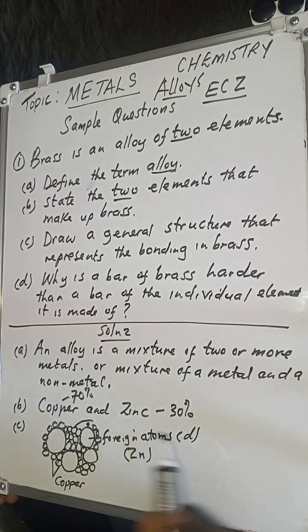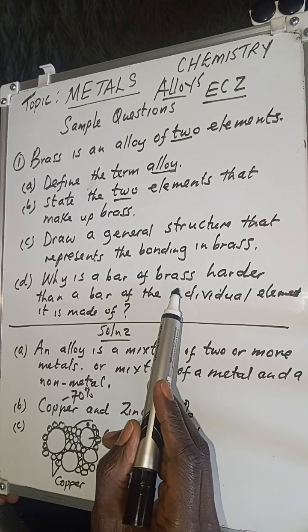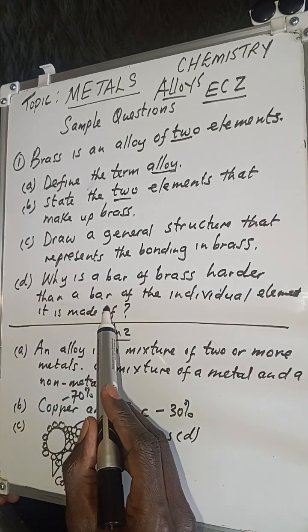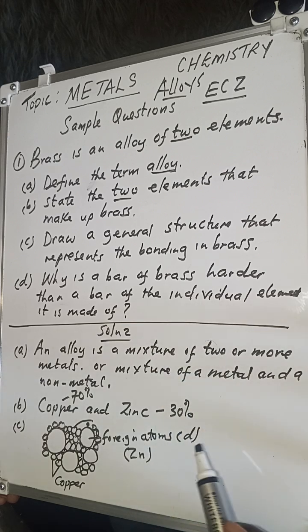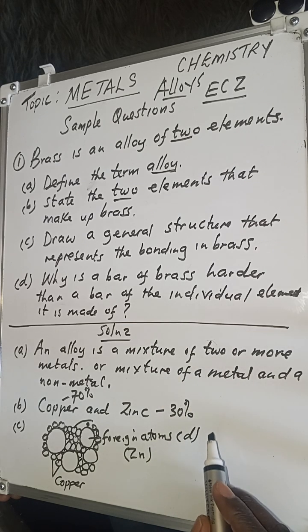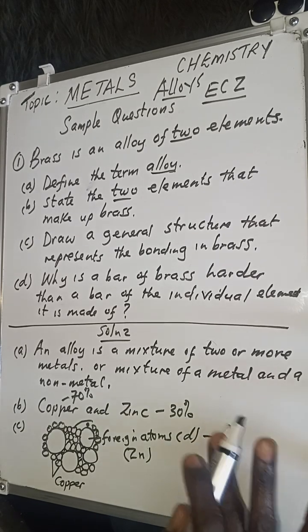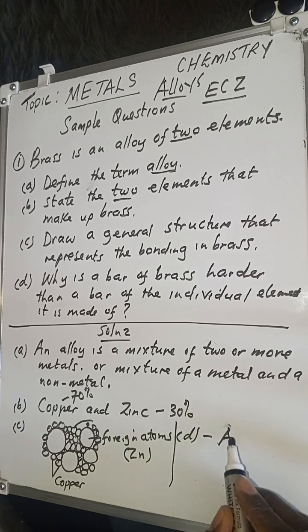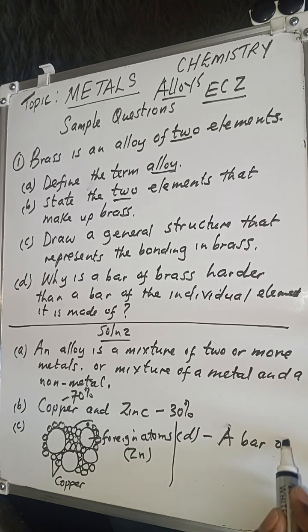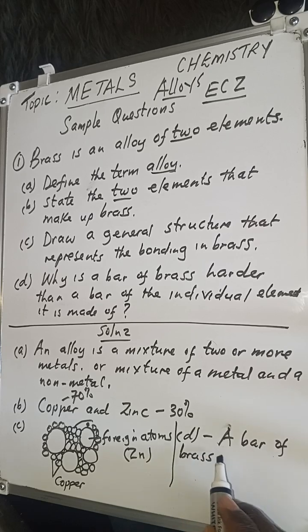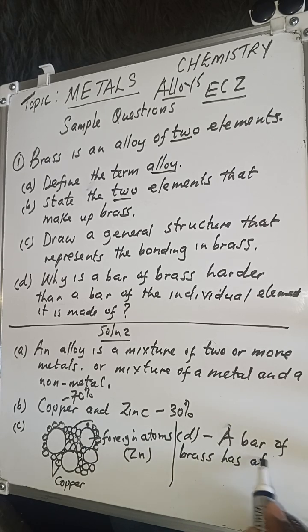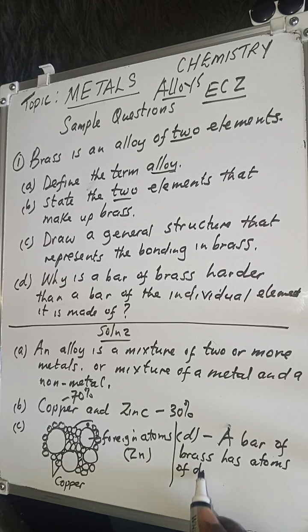Then the D part says, why is a bar of brass harder than a bar of individual elements? This is because a bar of brass has atoms of different sizes. That makes it harder. So I can say that a bar of brass has atoms of different sizes